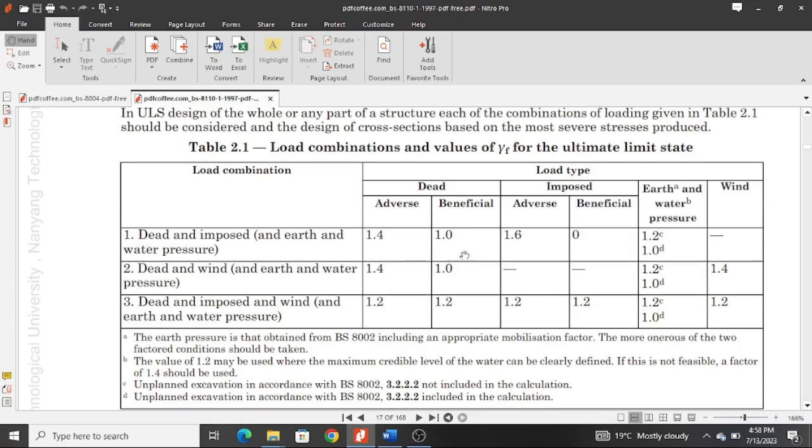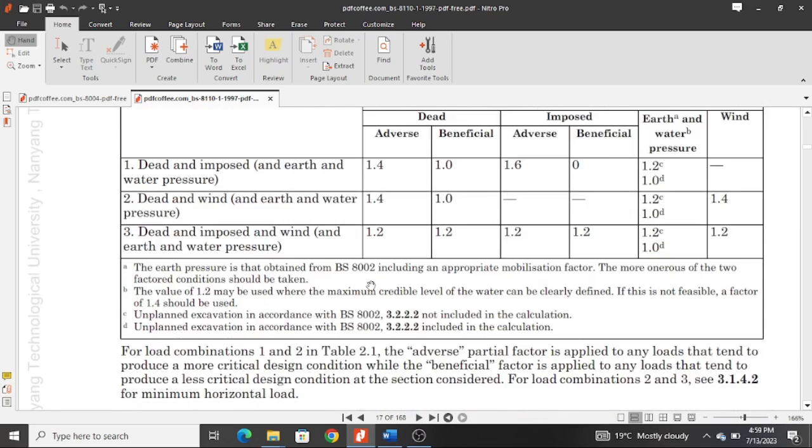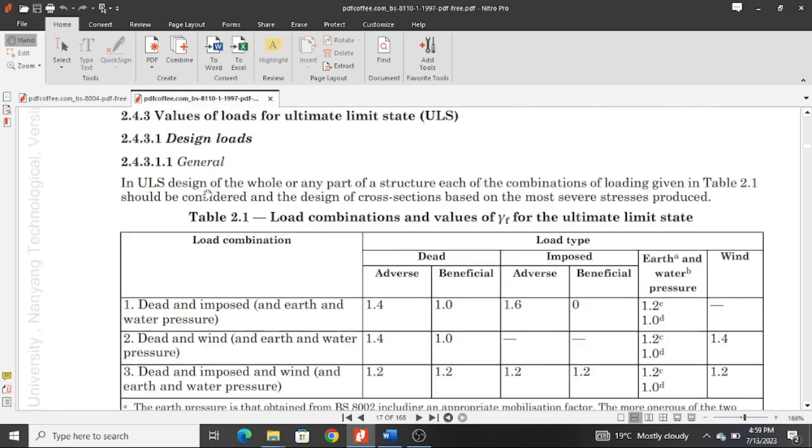And then you have, this is now where we have found 1.4 and 1.6 and the load combination and values for our gamma F for ultimate limit state. And if we could be having wind and earthquake and all these other things, then we could maybe choose this, and you can do 1.2 factor for all. But basically, because this is simple, you see this is